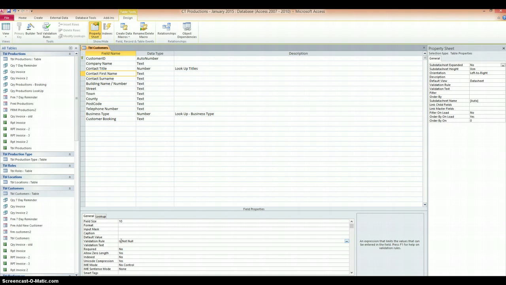Okay, now that's the database language for making sure that that field cannot be empty. I'm also going to add some validation text. It's no good having the database just beeping at the end user if they make a mistake. We need to give them some precise, constructive feedback on how they can rectify the data entry mistake that they've made. So in here, I'm going to say you must enter A, and then we'll go with the field name. So you must enter, or I'll drop the A and say contact